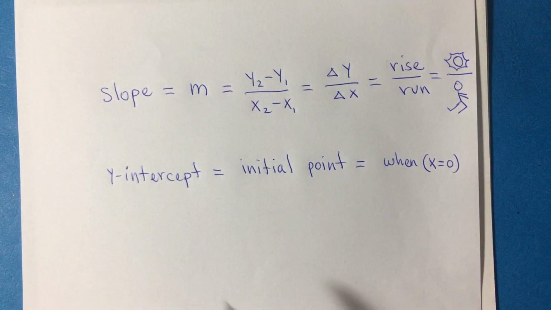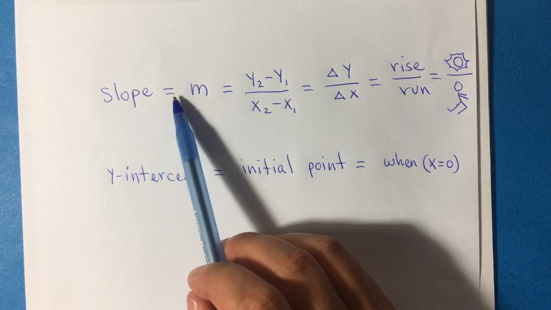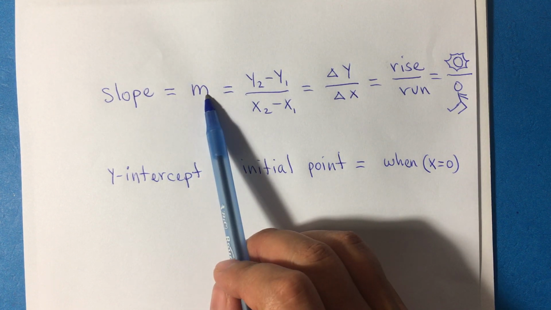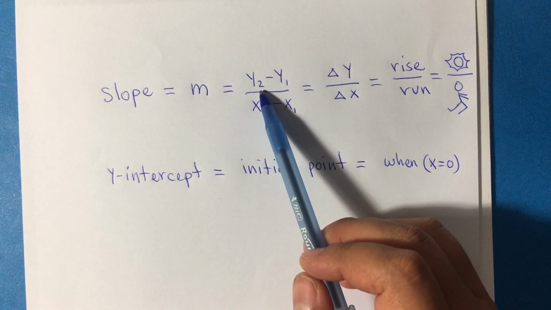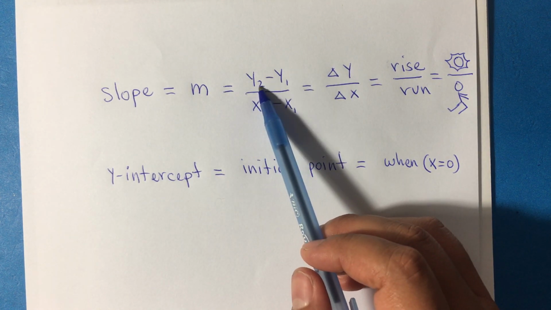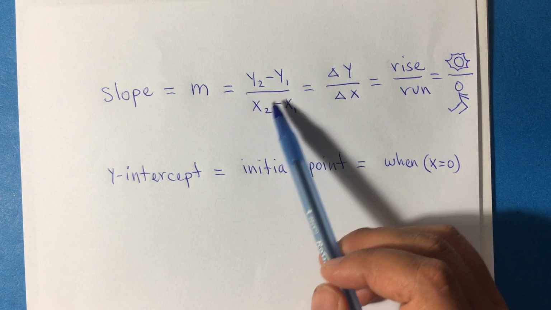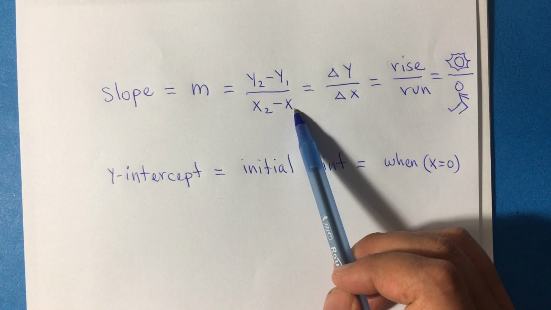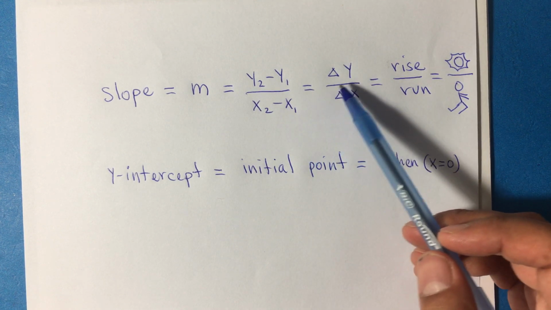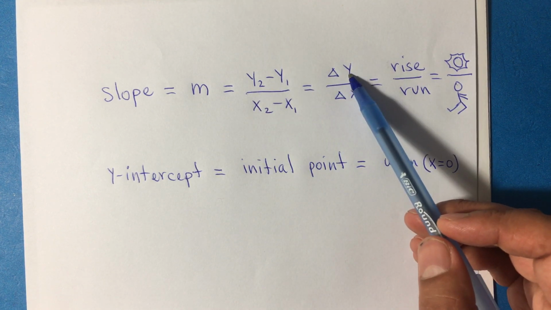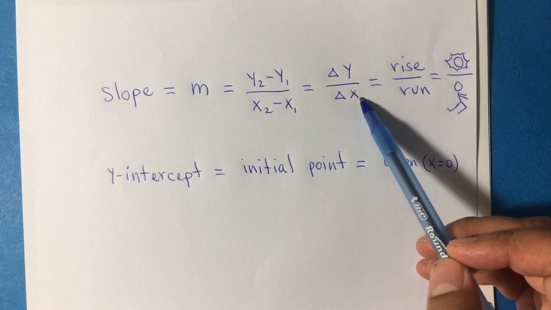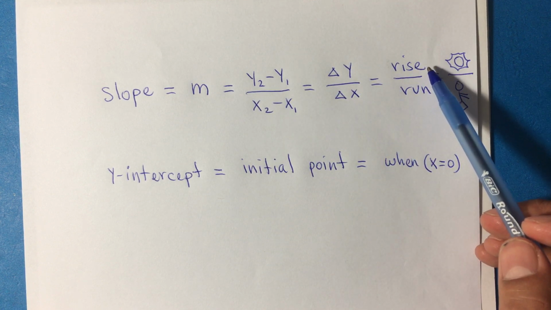And what is the slope? We have seen that the slope is represented by an m. For example, in y equals mx plus b, m is the slope. If we have 2 points, the formula to get the slope is y2 minus y1 over x2 minus x1. We also know it as the change in y over the change in x, or we also know it as